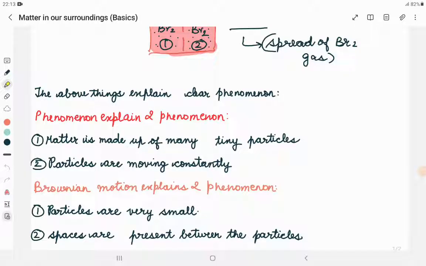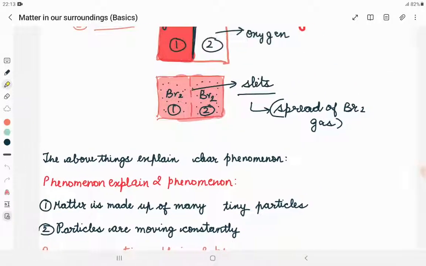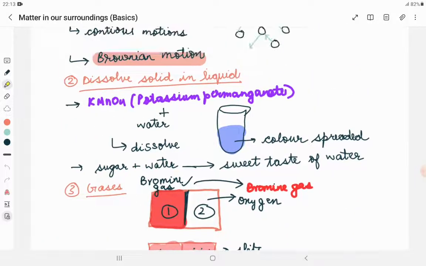Hello everyone. Today we are going to start with the second part of our first chapter, that is matter in our surroundings. Yesterday we had discussed a few experiments. Let us see what those experiments were. I have already explained to you yesterday how to dissolve a solid in a liquid. We discussed the example of potassium permanganate, which was dissolved in water and the whole water turned blue